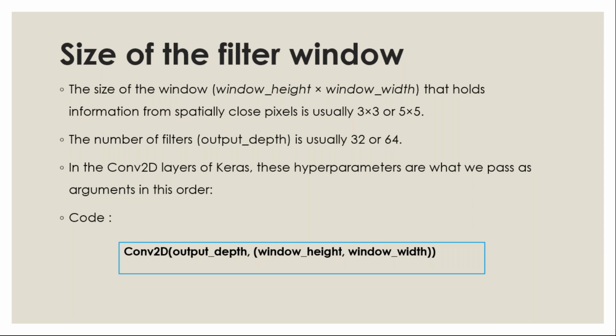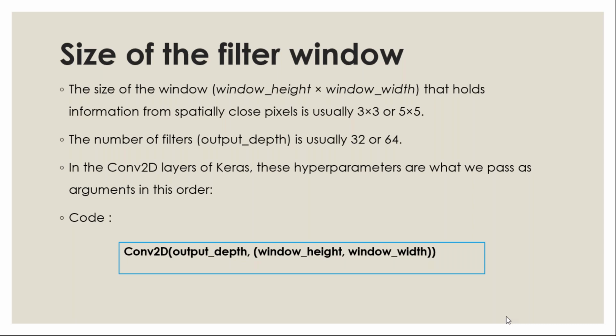The original image is a 5 cross 5 image, right? And your filter size is 3 cross 3. Now you combine these two, and finally you get a 4x4 matrix. So here your original image size is reduced. What it contains is the features of the image. That 4x4 is a feature map. That is the main thing: a filter is mainly for extracting the features from the image. See here, you can use a 3x3 filter or 5x5. And how many filters can you use?